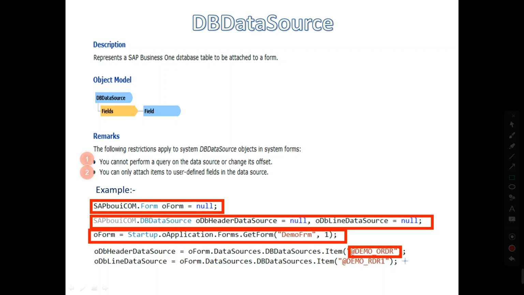So I am passing the user table here. You can also pass the system table if you are working with the system table, but I'm working with a user defined table, so I'm using it. So I have created two DB data source objects, one for the header table and the second one for the line table. So now move to the second point.